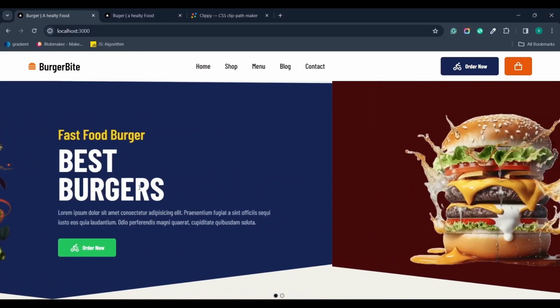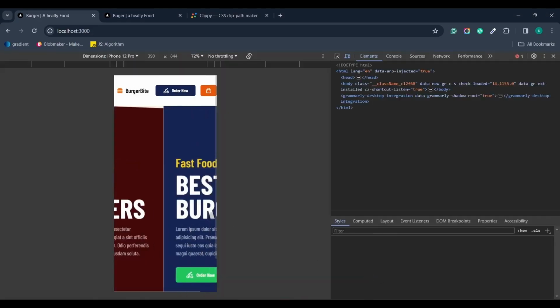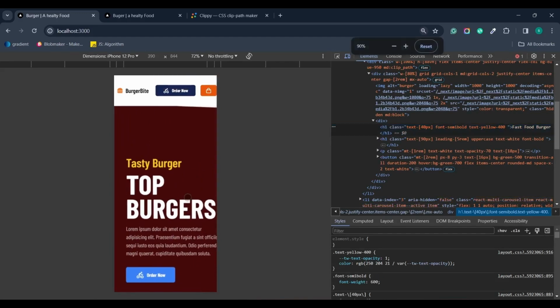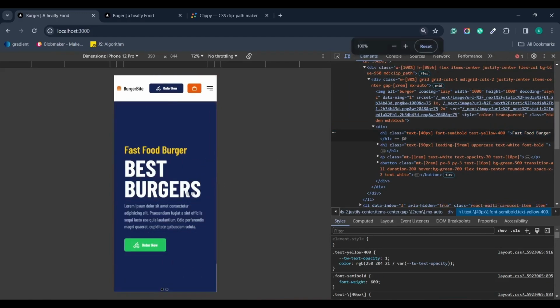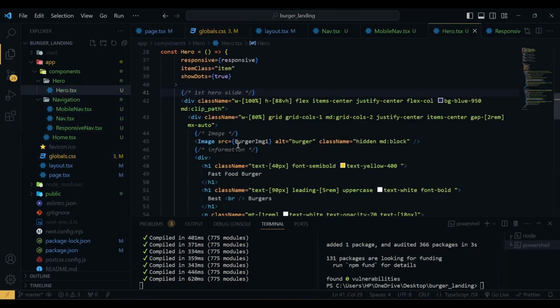Now you can see this is working properly. If I inspect, so in the mobile devices the first one is looking perfect. So we have to add this in our